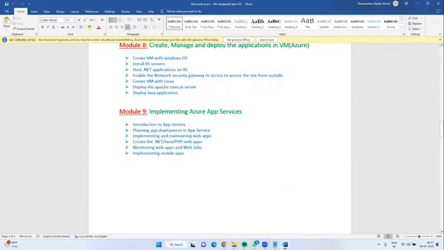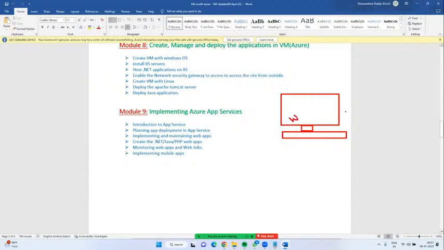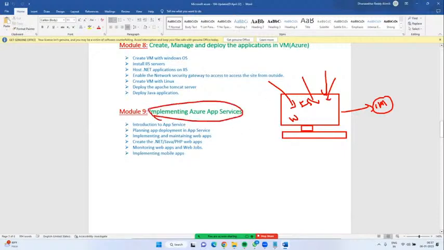Now tell me, what is infrastructure as a service? We can create this VM with the Windows operating system within the span of a minute, only a minute. On top of it, whether you are going to deploy a .NET application, a Java application, or PHP, that all depends on your requirement. Clear, guys? Next, PaaS in the sense